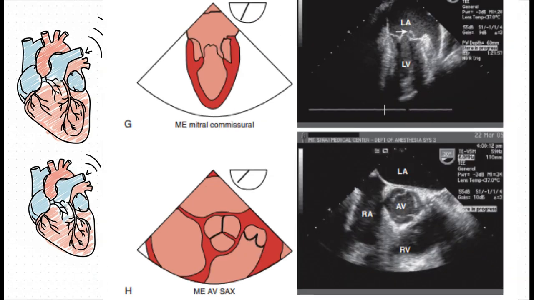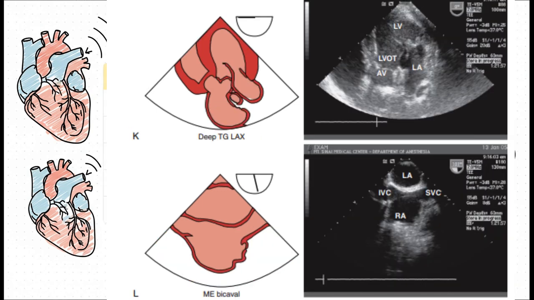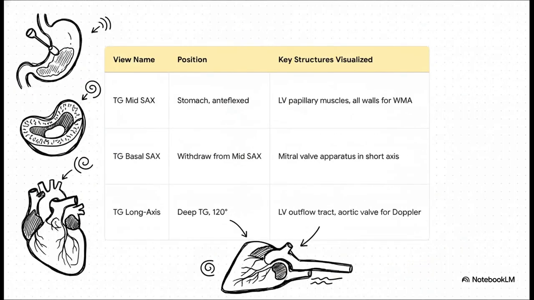The aortic valve short axis, that classic Mercedes-Benz view, is usually found between 30 and 60 degrees. And finally, the bicaval view, at around 100 degrees, is essential for looking at the intraatrial septum and guiding cannulation for cardiopulmonary bypass. Next, we're going to advance the probe down into the stomach to get our transgastric, or TG